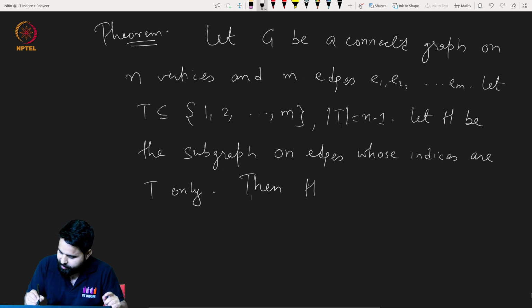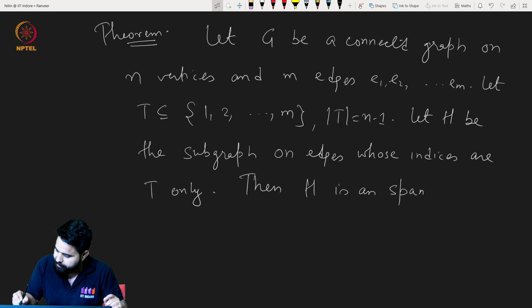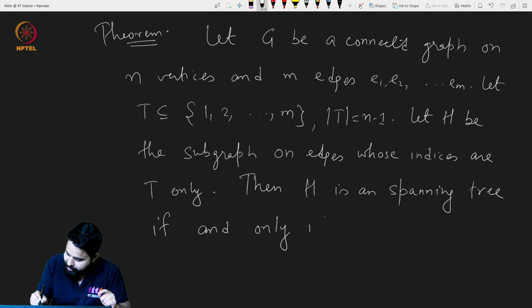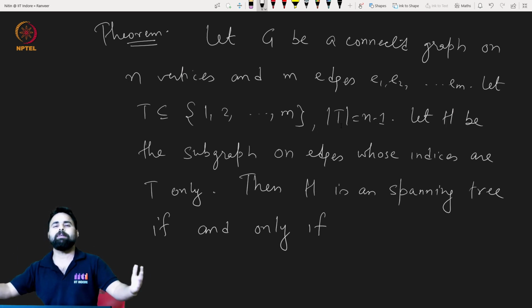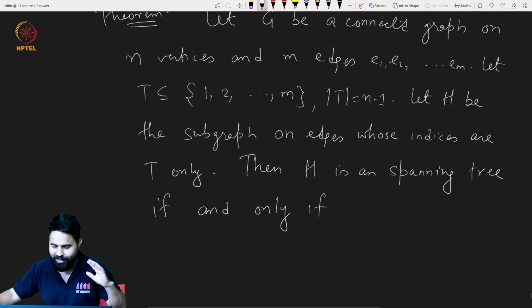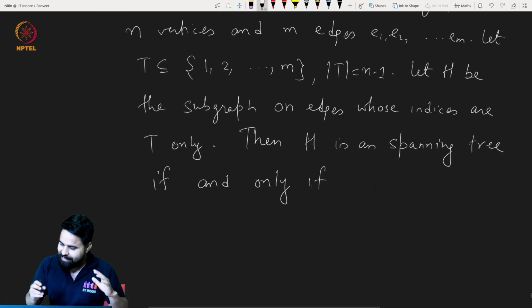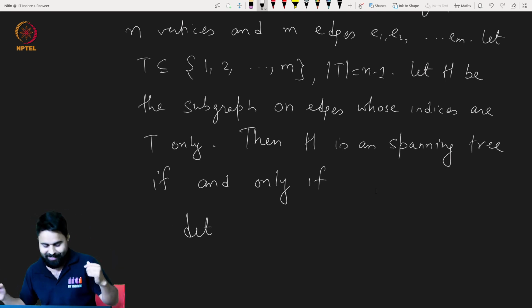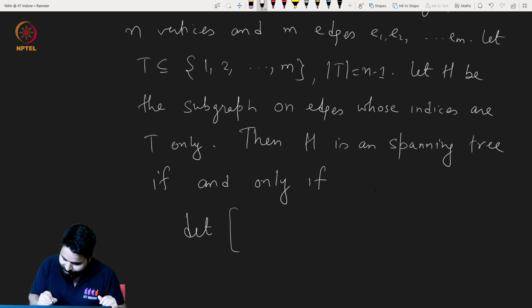H will form a spanning tree if and only if, okay, the statement looks very vague, but the result is a very, very simple one. It says that H will form a spanning tree if and only if the determinant of, now here the determinant thing all of a sudden comes, the determinant of